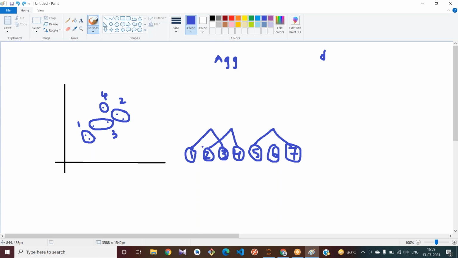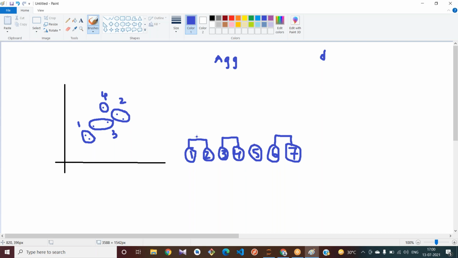Or, based on your distance, you can say 1 and 2 as one cluster, 3 and 4 as another cluster, 6 and 7 as one cluster, and 5 as one different cluster.